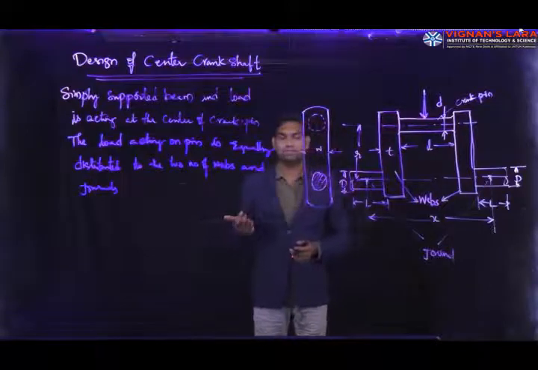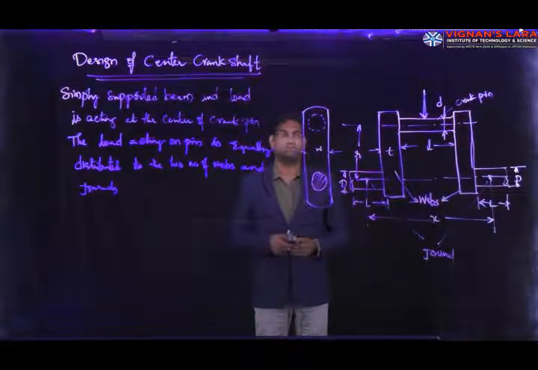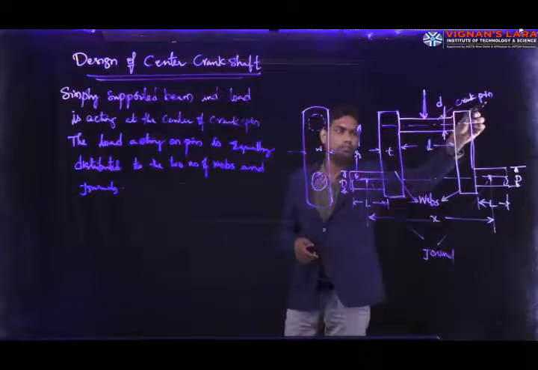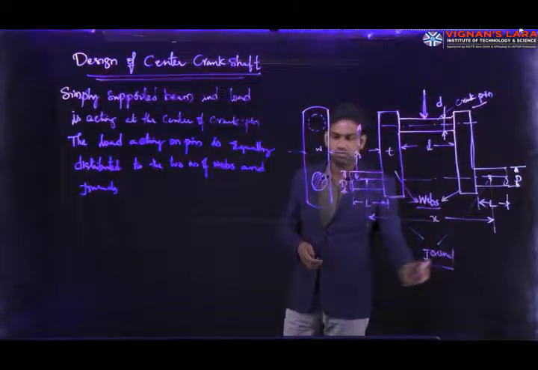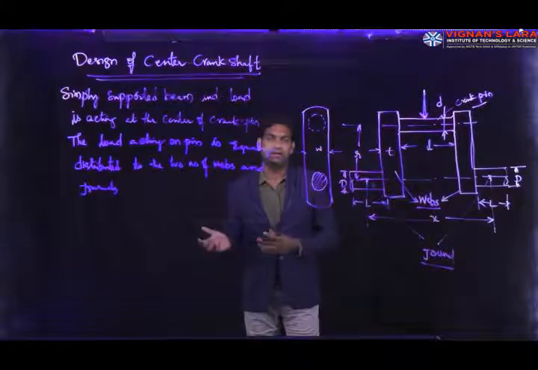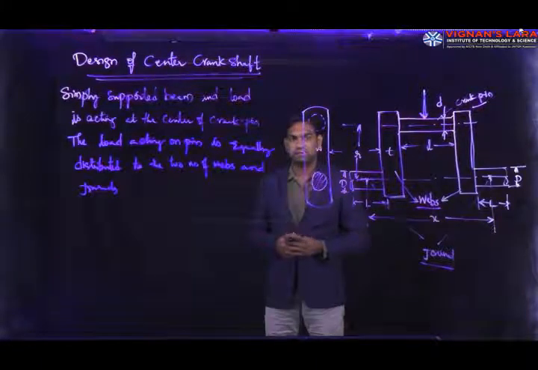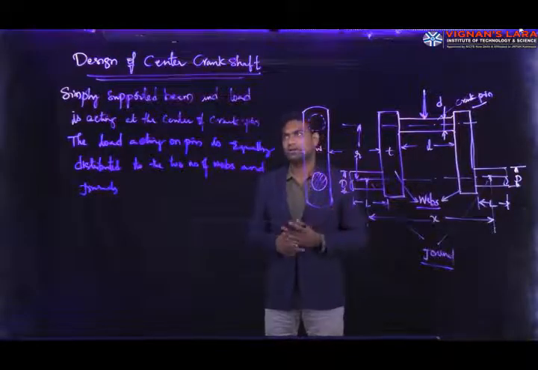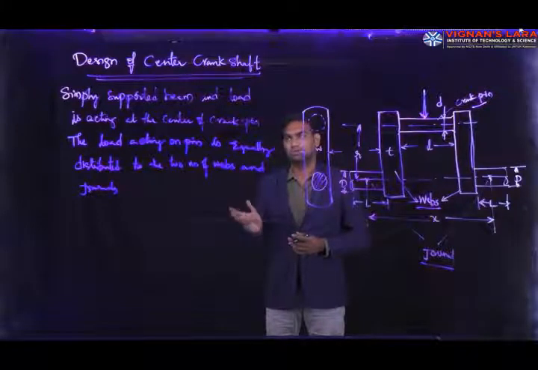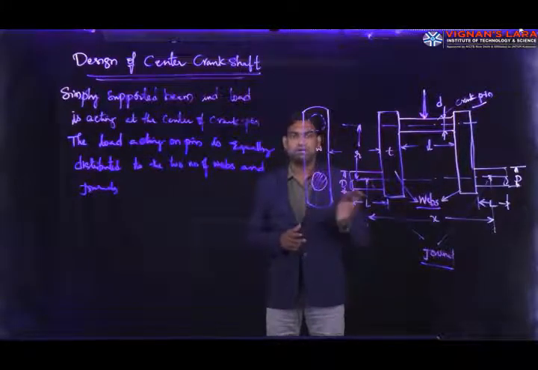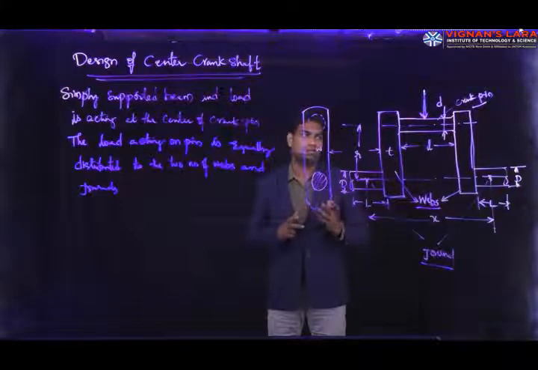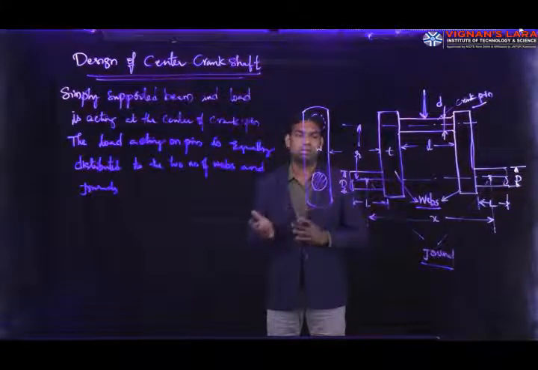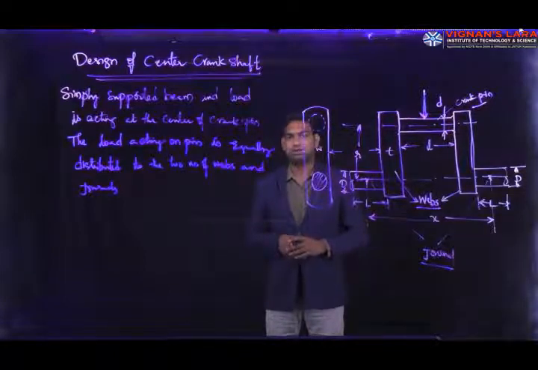what types of stresses are induced in the components like the crank pin as well as the webs and the journal. As we discussed in the earlier case of the side crankshaft, whatever stresses are induced in that case, the design of the center crankshaft is also very similar, with only one difference. Here the load is distributed to the two webs, so each web as well as each journal takes only half of the load, that is F by 2.